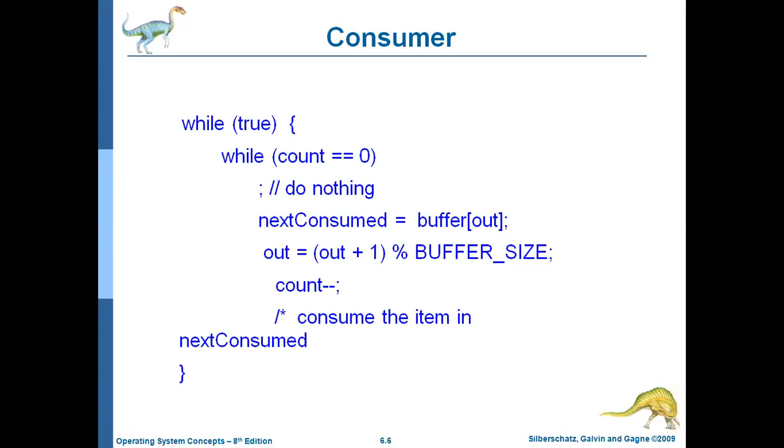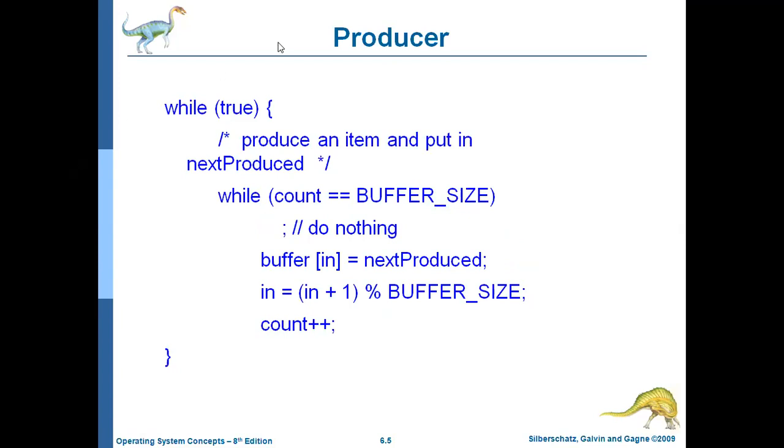So when we are running the producer code, which one are we checking? Count equal to buffer size, that means count equal to 5. If the buffer size equals 5, then it means the buffer is full. If the buffer is full, the producer cannot do anything, right? So if it is a producer problem, you need to check whether the buffer is full or not. That is why the condition is like this.